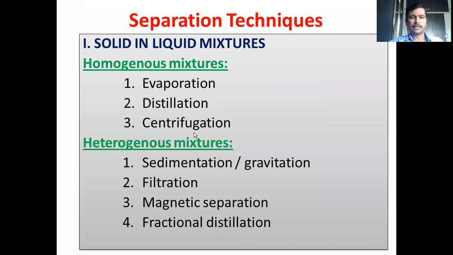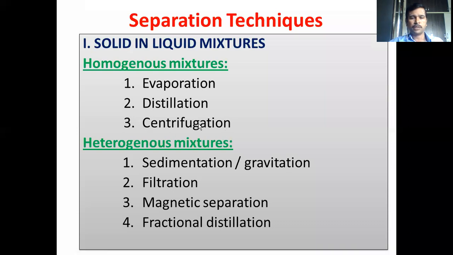And the other popular technique is the centrifugation process. In this centrifugation process, we will be using an equipment, a centrifuge, and the solution will be taken, the homogeneous solution or homogeneous mixture, which may be having one or two components, will be taken in the centrifuge tube, and that will be placed in a centrifugal machine. And this solution which is present in the centrifugation tube will be rotated with higher speed. So all those components which are having the affinity towards the centrifugation process, they will become undissolved and they will be settled at the bottom of the centrifugation tube.